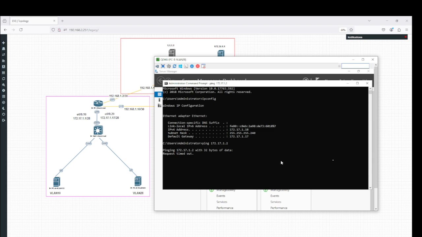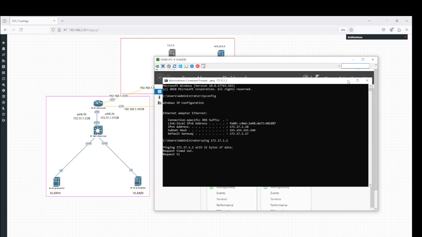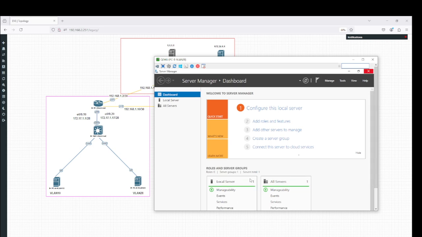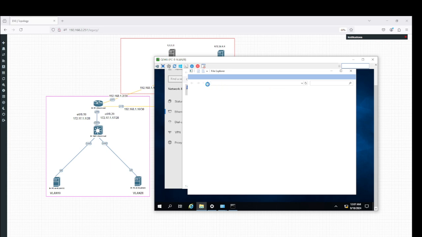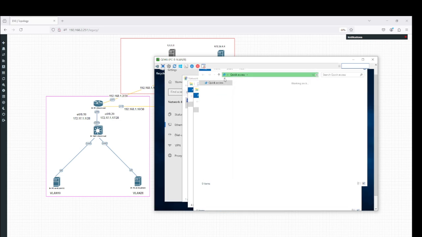So I'm not sure. Oh, something I forgot, or you should always remember, is to turn off the firewall, otherwise you will not be able to ping. That's what I need to do here. So let me just close this, guys. Go here. And I have to do the same